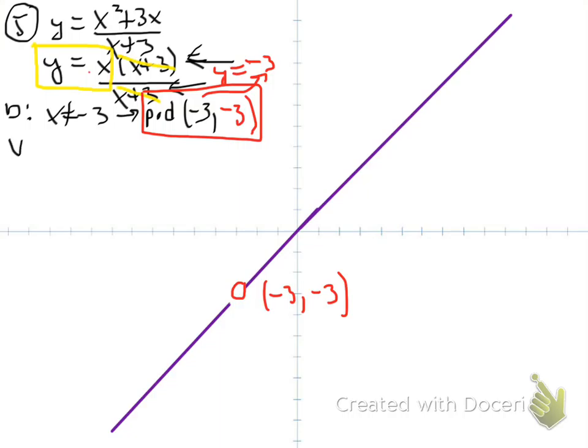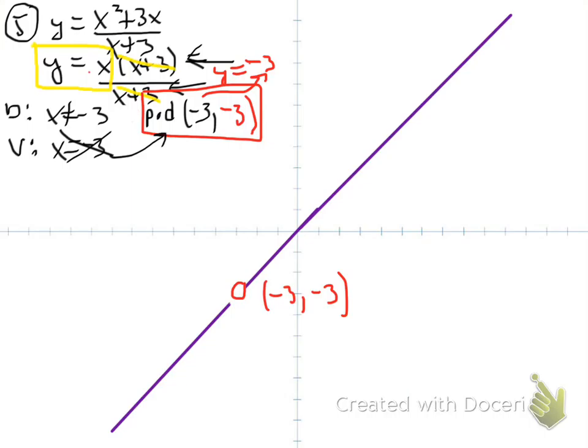So let's just go vertical asymptotes. It turns out x equals negative 3, but it's not really an asymptote, it's a pod. Okay, so I kind of jumped ahead here. It wasn't x equals negative 3. The domain kind of gave us a hint: x not equal to negative 3. We usually draw a vertical asymptote, but we didn't have to in this case. And then